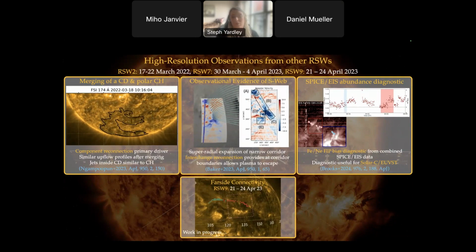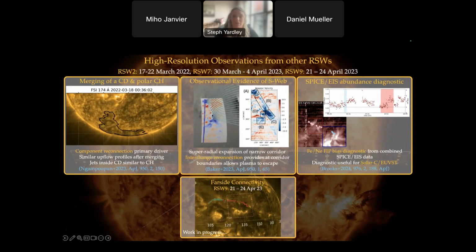It's similar to a coronal hole, but it has a shorter lifetime that is associated with the eruption, and actually merges and becomes part of the polar coronal hole. So this study looked at the properties of this particular event. We have others, such as one of these corridors that I was talking about earlier, this narrow corridor on the sun. And we see this